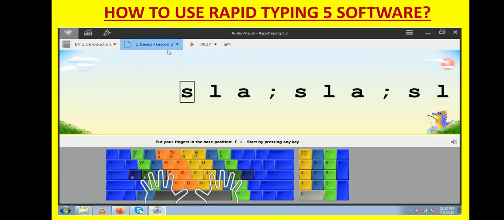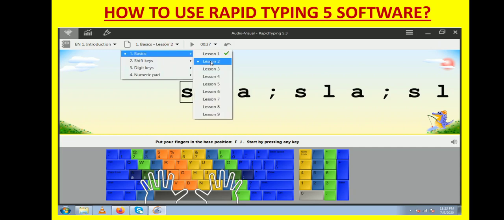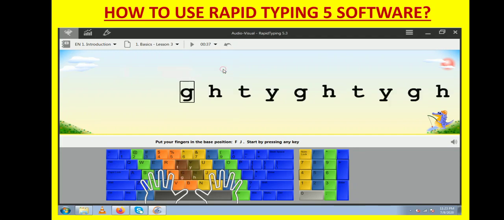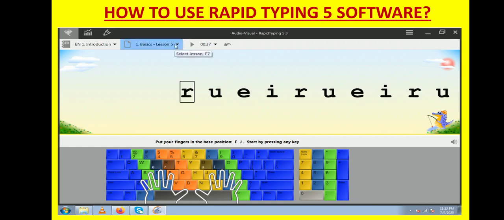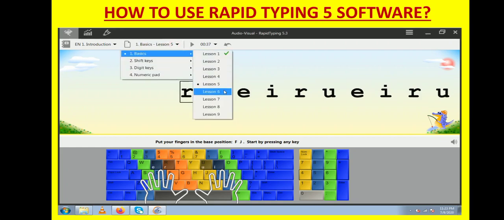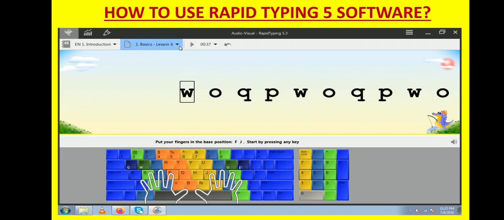These are a few next lessons that are available in the introduction basic category. So this is lesson 2. So step by step you will be solving all the lessons. Here I would like to say, unless you get sufficient accuracy in the lessons, don't move on to a new lesson. Try practicing the same lesson again and again. This will give you sufficient practice.